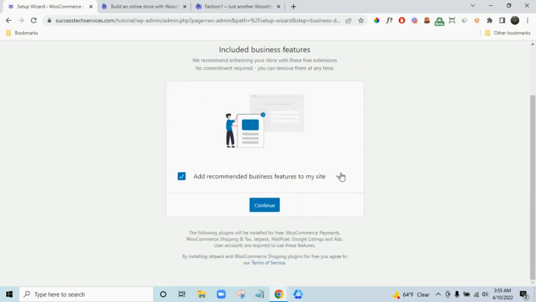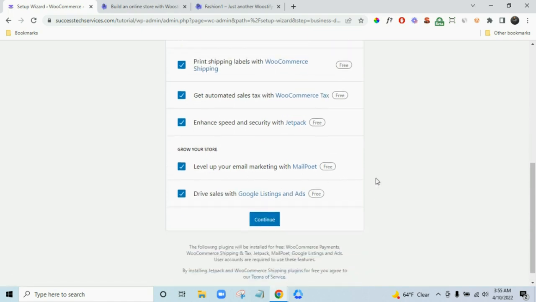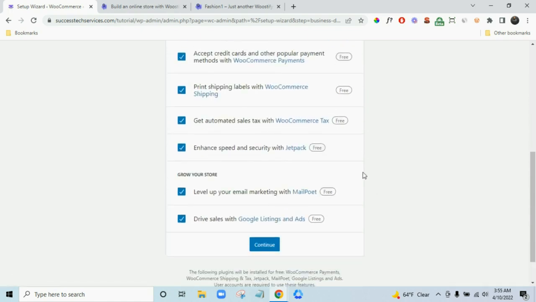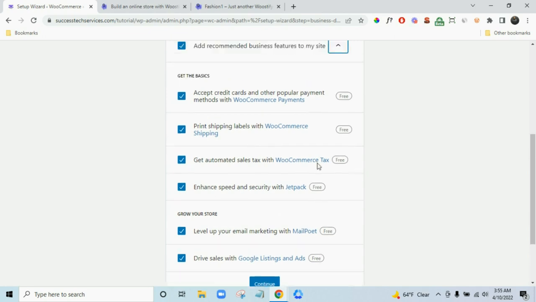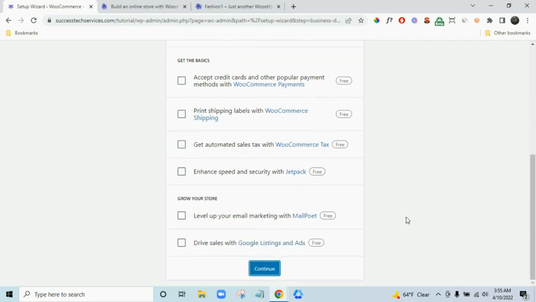It says add recommended business features to my site. So this is what they're saying. Accept all this WooCommerce and stuff. Now you don't need all of this stuff. Okay, all these things can be set up by yourself. You don't really need all of this, especially not for this tutorial. So I'm just gonna uncheck. It's gonna uncheck all of them. Click on continue,